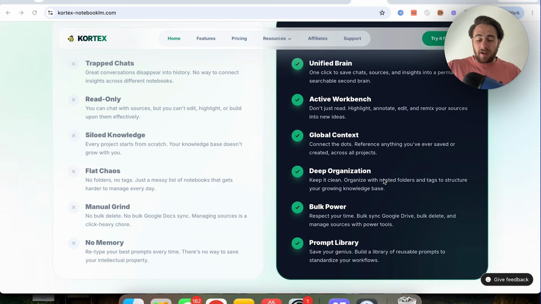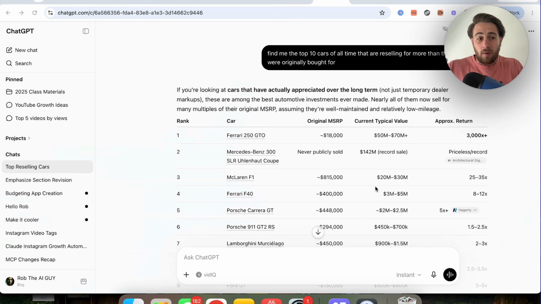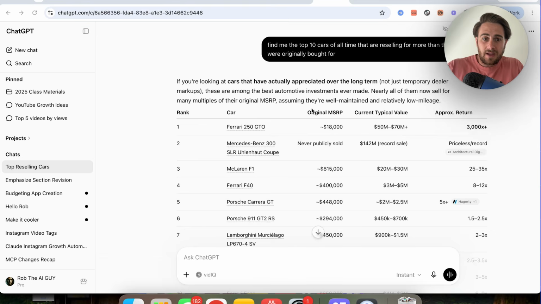But my personal favorite use case is how now, when you're inside of ChatGPT, you're inside of Gemini, you could be inside of Claude, it doesn't matter what you're inside of, you can now add the chats that you're having inside of other LLMs to your notebooks incredibly easily. For example, ChatGPT is normally not connected to NotebookLM, but now if I come over here and I say something like, find me the top 10 cars of all time that are reselling for more than they originally were, which is something I'm interested in, and I actually have a huge notebook around this, we could see this went through,